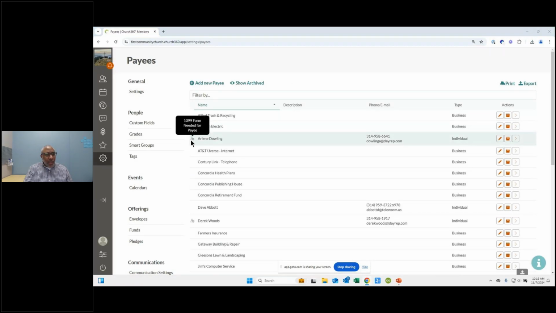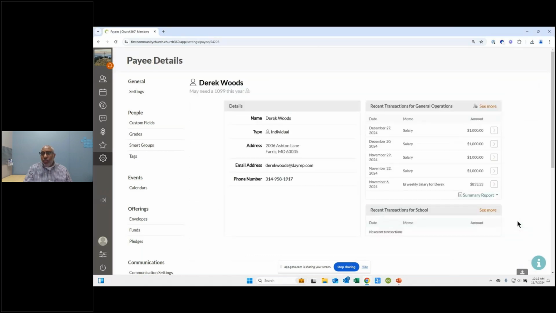Now, there's this little icon here to the left, and that lets us know these individuals could receive a 1099. And we don't generate an actual 1099, but we generate what's called a payee report. When you click on the caret to the right of that row, it takes you over to what we call the payee detail view.